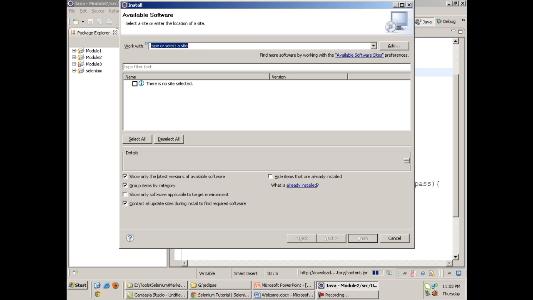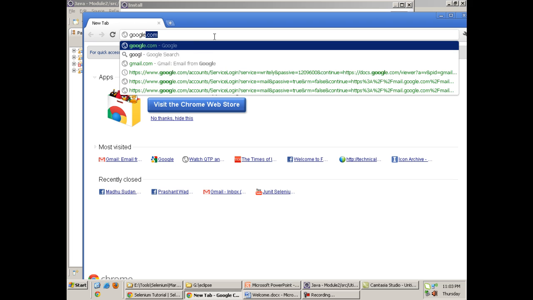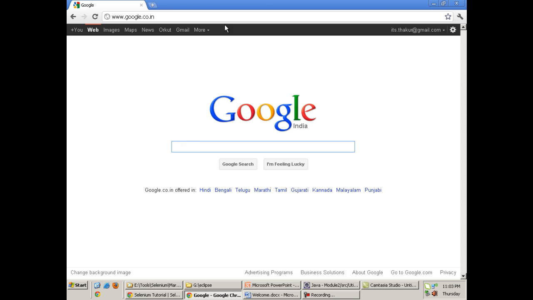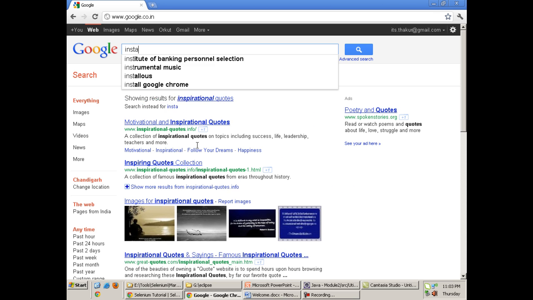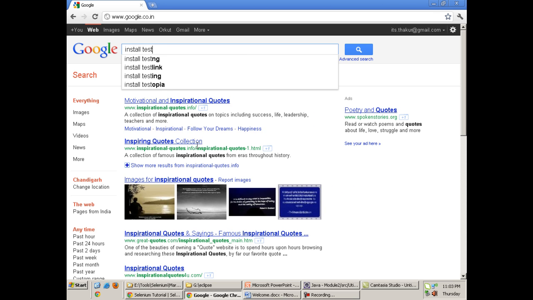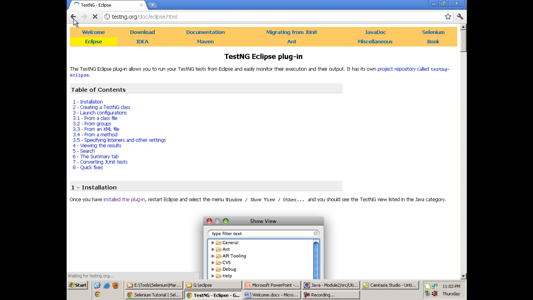Alright, out there on the net we have clear instructions on how to download and install Testng. You simply write install Testng. It has to be installed in Eclipse. Okay, you go out here,